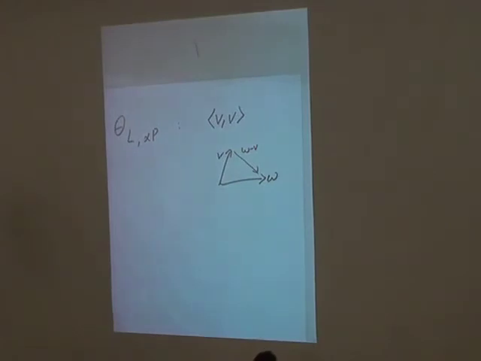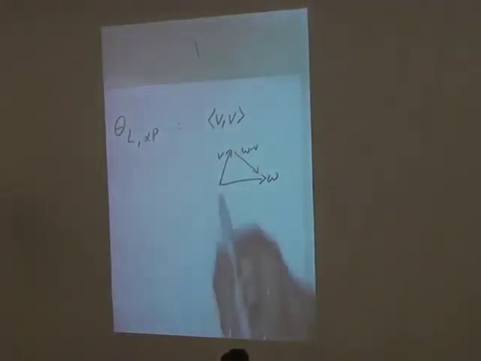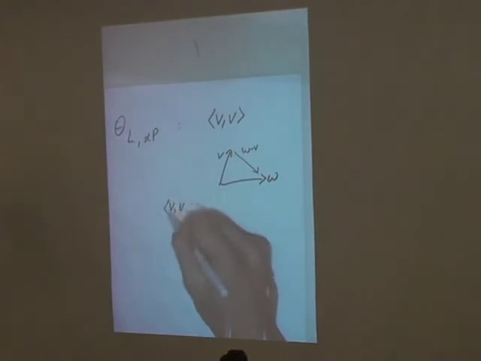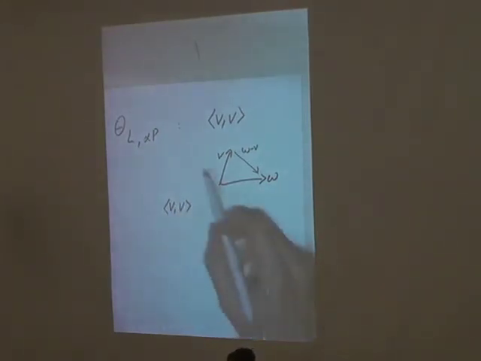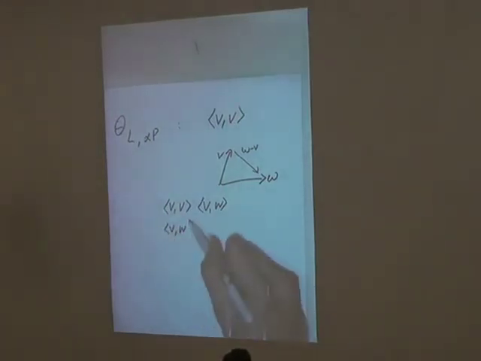Okay, so now we need a generating function that, whoops, that was not a good idea. A generating function that encompasses, I need now 3 variables in my generating function because I want a distribution of triples, VV, VW, and WW. Or a nicer way of saying it is I want the distribution of gram matrices